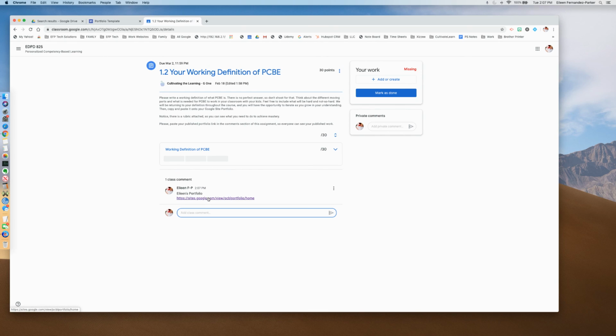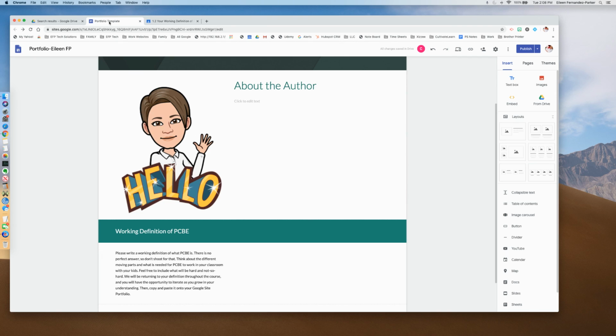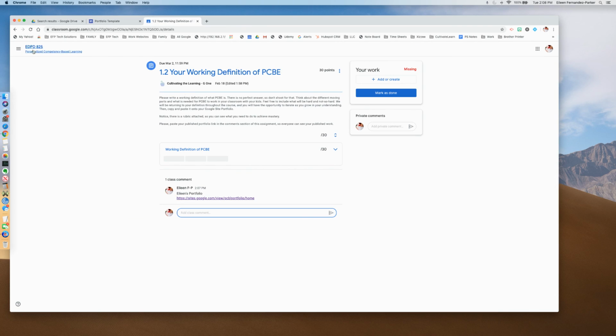So now you can all check my definition, and we can check one another's definitions. It's a way of publishing your work, right? If you're working for authentic information. Now, going back into